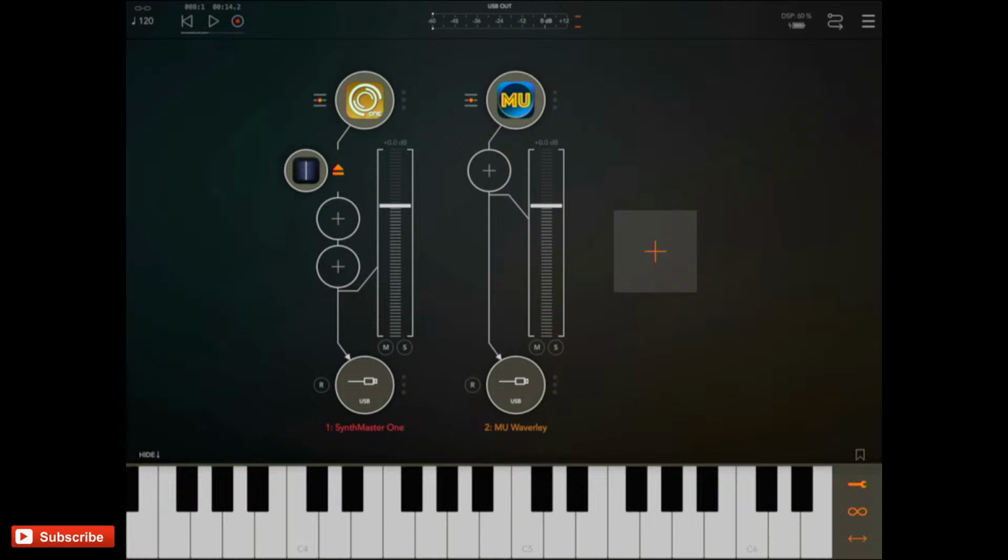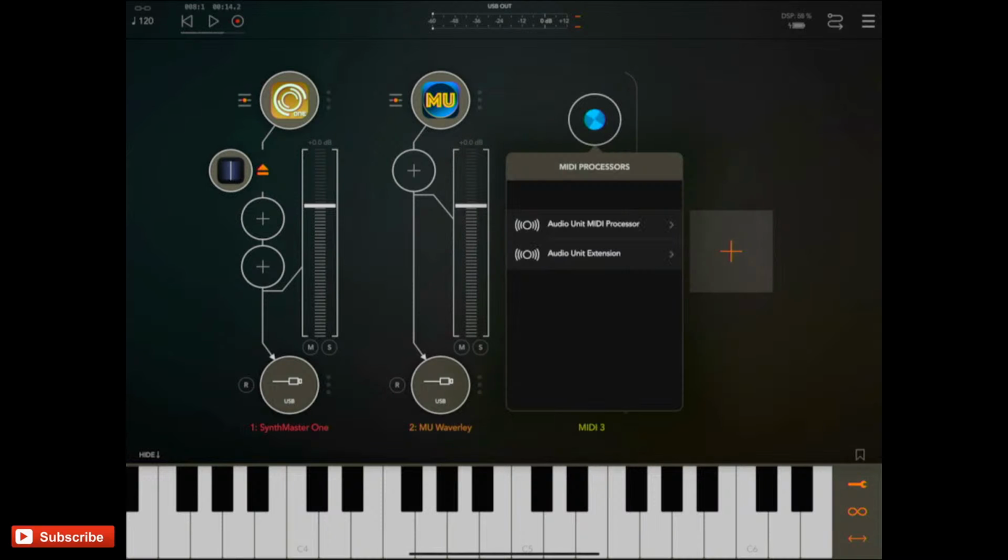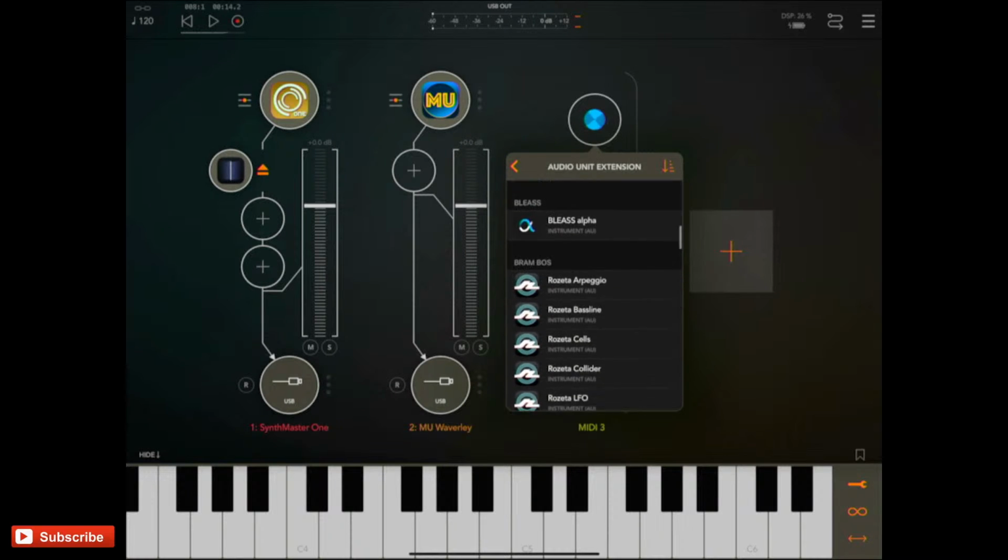What I'm now going to do is add a new channel, but this time I'm going to add a MIDI channel. And what this MIDI channel is going to do is connect to the second track, and it's going to control it. So basically I'm adding a sequencer. So if I hit the plus here and I hit audio unit extensions, I'm going to scroll down and grab